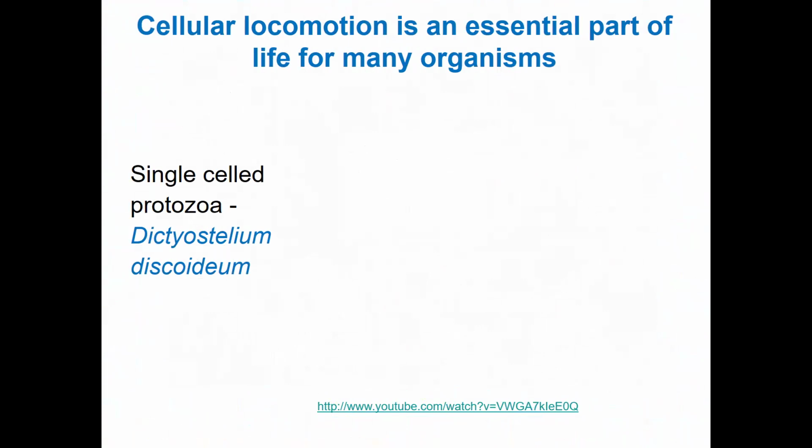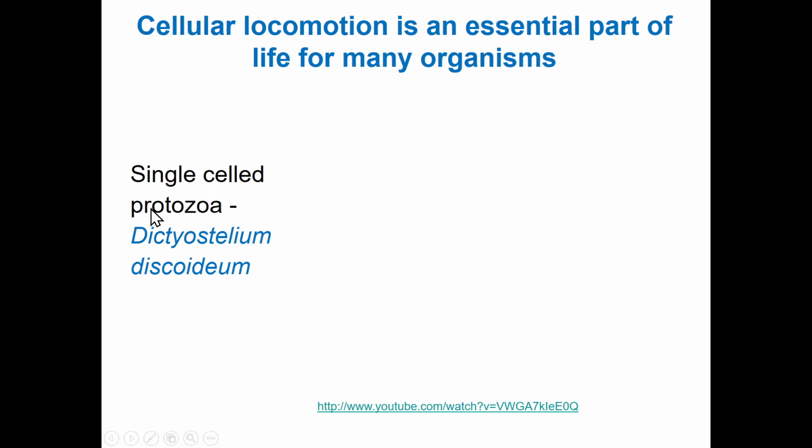So I have just shared with you one example of eukaryotic locomotion or motility of the cell, which is associated with pathogenesis. That is, a pathogen can selectively locate the host, guided by a host-specific signaling molecule, cochleophyllin A. Cellular locomotion is an essential part of life for many organisms, not only oomycete zoospores.